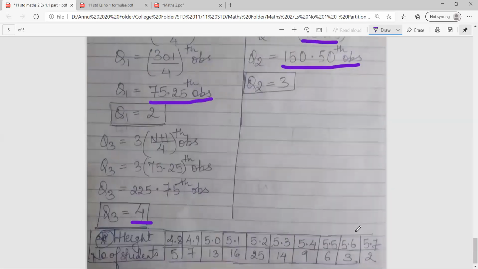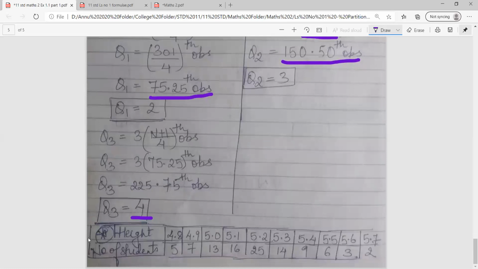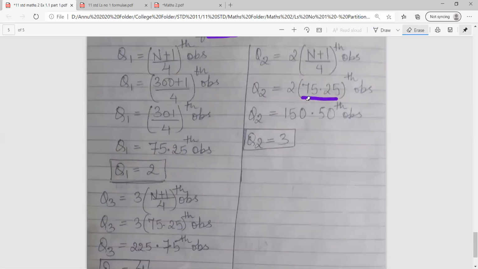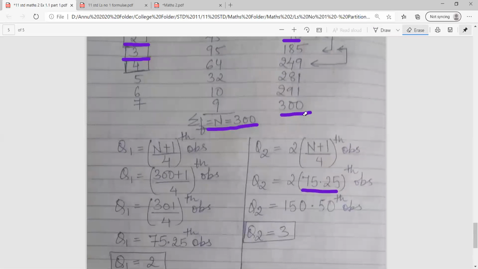For your practice, if you want, you can practice this sum. I have given this sum. You can check for yourself whether you have followed the sum or not. So with this, class, I hope you all are clear with how to calculate raw data and ungrouped data sums and quartiles. Tomorrow, we'll be starting with the grouped data sum.